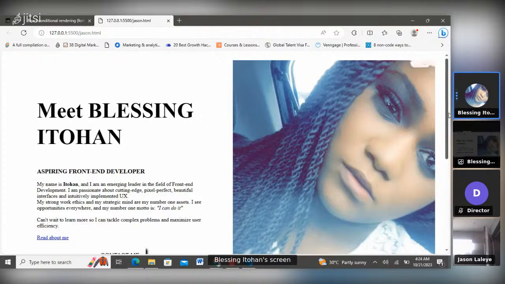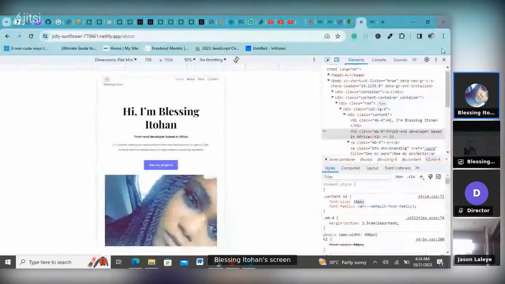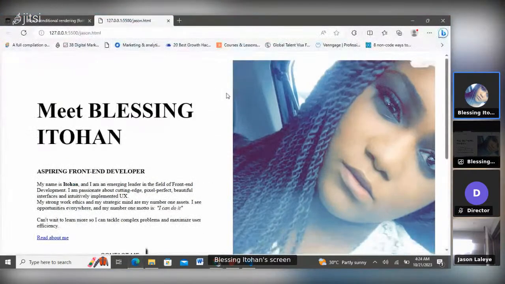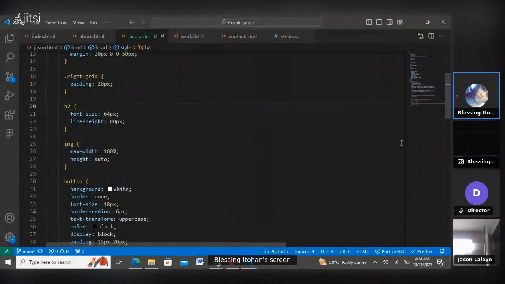So the next thing I want to do, if I check the original here, this is almost on the same line with this right up here. Okay, so let me check. But this is down. So what we're going to do is we're going to bring this image down by creating a margin at the top so that it can come down a little. So let's do that and that is on the right grid. So I'm going to put